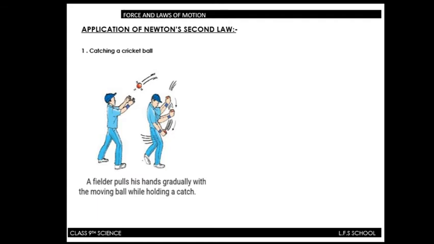Why does he do so? The fielder increases the time during which the high velocity of the ball decreases to 0. Thus the acceleration of the ball is decreased, and therefore the impact of catching the fast moving ball is also reduced. In the other case, if the ball is stopped suddenly, then its high velocity immediately decreases to 0 in a very short interval of time, and thus the rate of change of momentum of the ball will be large. Therefore, a large force would have to be applied for holding the catch, which may hurt the palm of the fielder. Follow this thing.